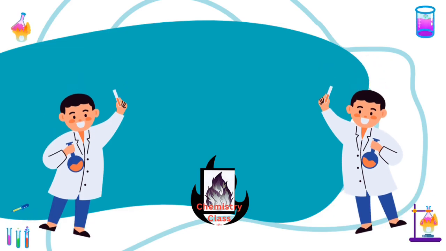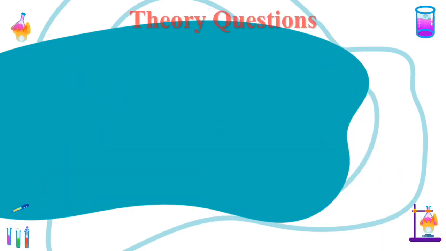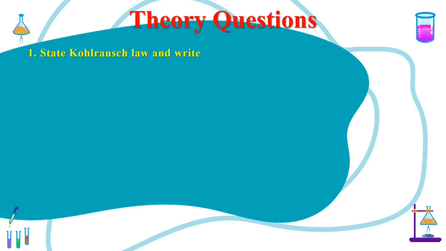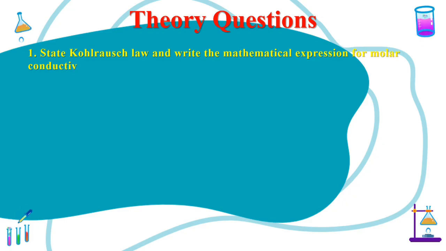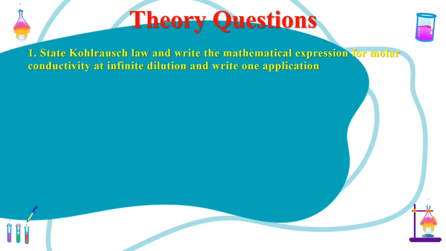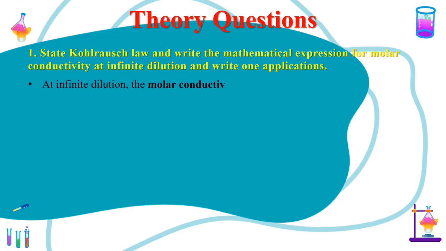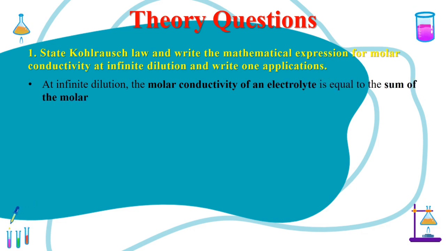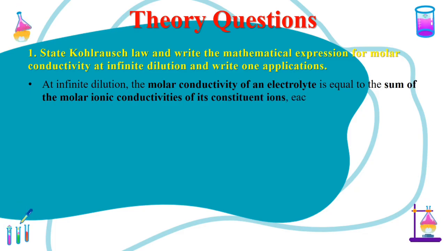Our first theory question from this chapter is: state Kohlrausch law and write the mathematical expression for molar conductivity at infinite dilution and write its application. The answer is: it states that at infinite dilution, the molar conductivity of an electrolyte is equal to the sum of the molar ionic conductivities of its constituent ions, each multiplied by the number of ions